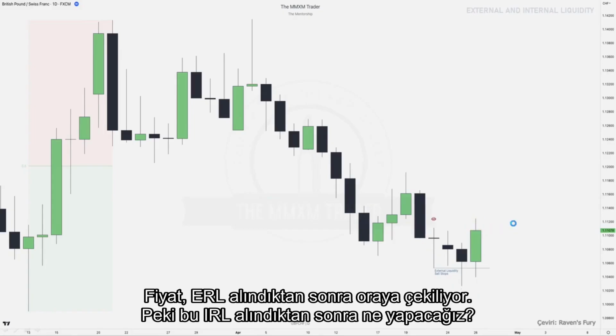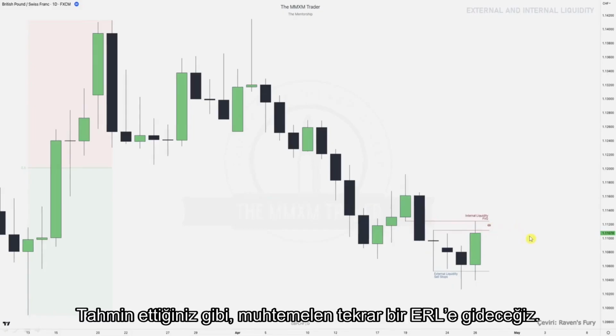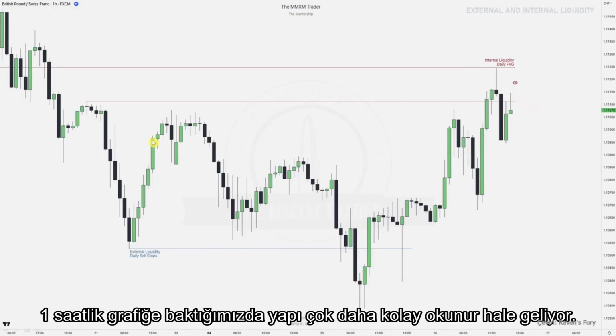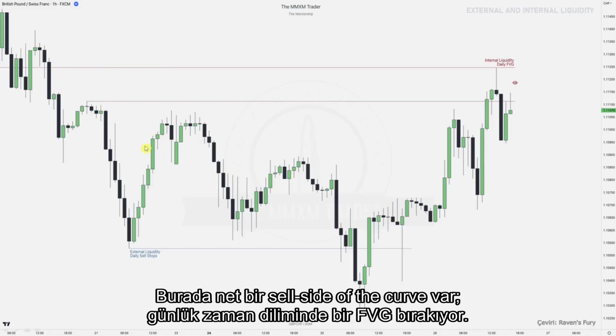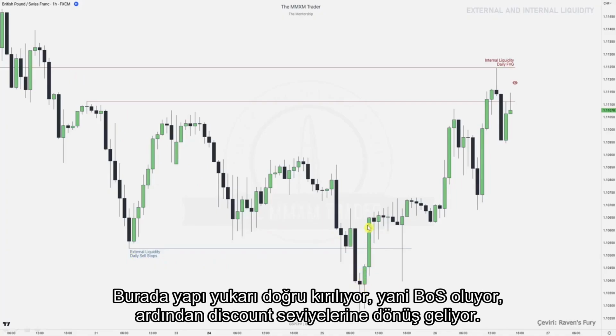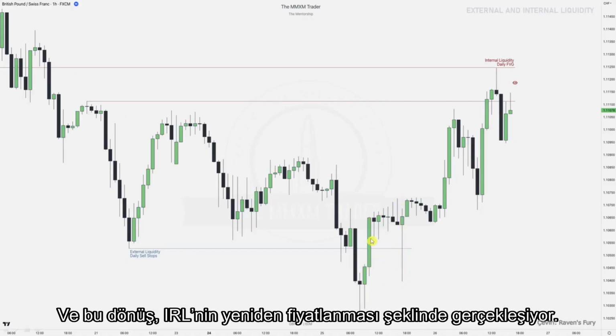So now what are we going to do after we take this internal range liquidity? You've guessed it, we're probably going to go into external range once again. Looking at a 1 hour chart makes the structure look a little bit easier to read, right? We have a clear sell side of the curve over here, leaving that fair value gap on the daily time frame. After we take out this external range liquidity, we can actually see the 1 hour chart starts to break up and starts to break structure up here, right? Break of structure, return back into discount levels, repricing this